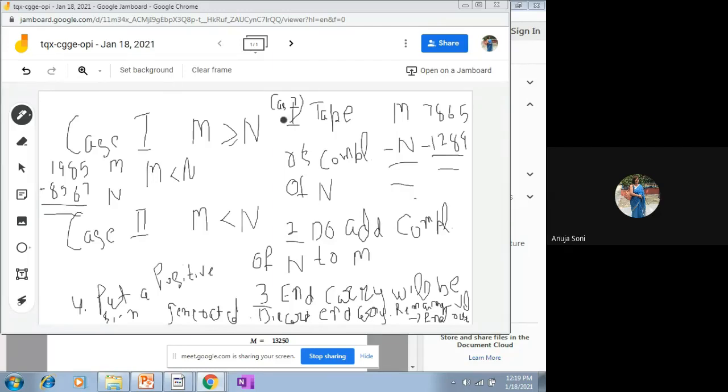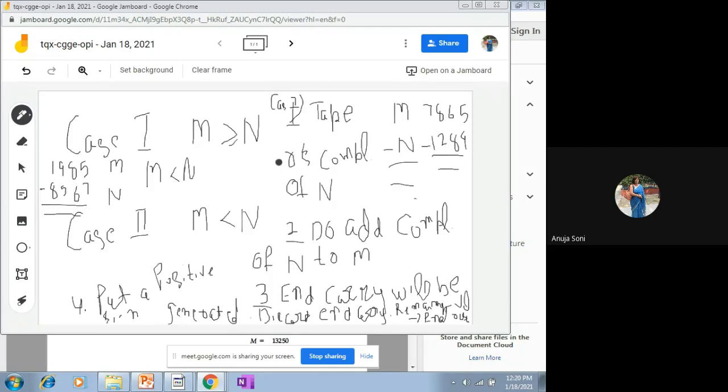So what are the steps? Again, the very first step is to take the r's complement of the negative number. In this case, the r's complement means the tens complement if the number is decimal, and if the number is in binary form, then you will have to take the 2's complement of the negative number. So now this is a negative number, so you take the tens complement of this number.